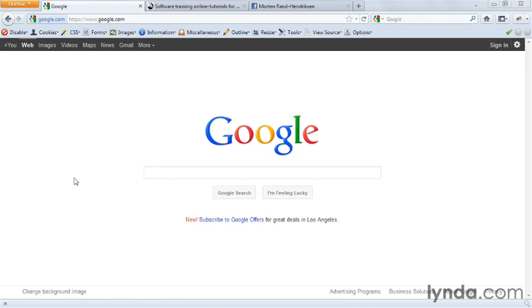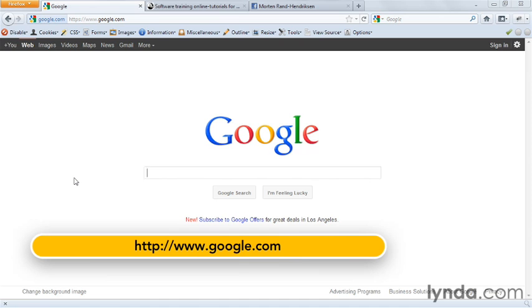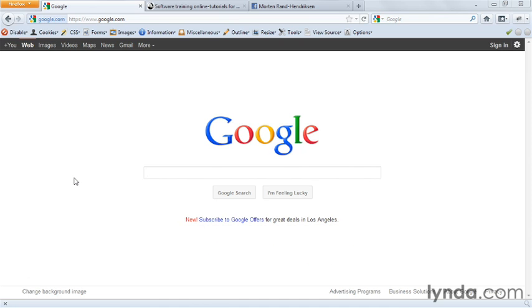Search engine optimization, or SEO for short, can be a bit of a head scratcher, especially if you're just starting out. It's often difficult to figure out exactly how these search engines work and how they get their information. So let me give you a very short primer to give you at least an idea of where this index information comes from. I have Google open in my browser, and if I go and search for lynda.com,